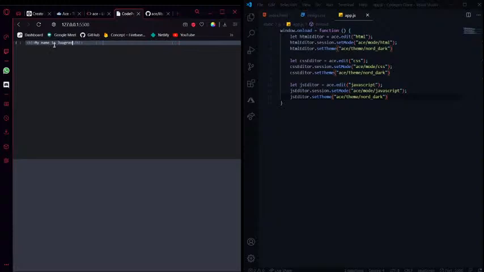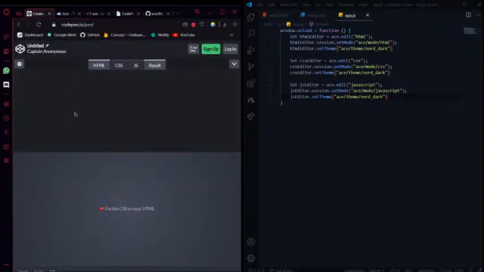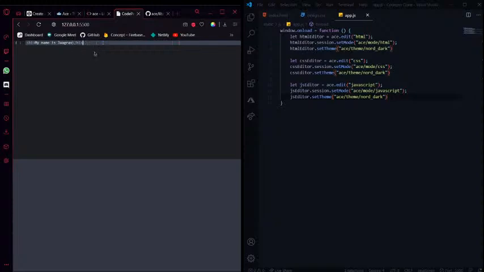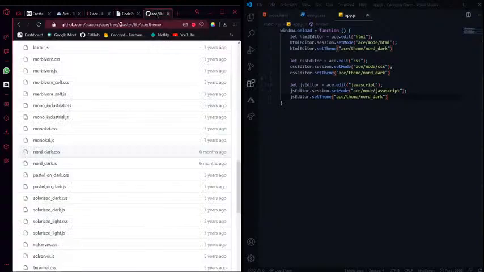Now obviously we do not have CodePen's coding theme, so either we could make it differently, but I don't have so much time to do that. You guys would get bored if I try to make a totally different code editor theme over here. So what I'm going to do is just use this theme over here, which is called Nord dark. Okay, so we are going to use this theme, and also, when the page loaded, yeah, okay,